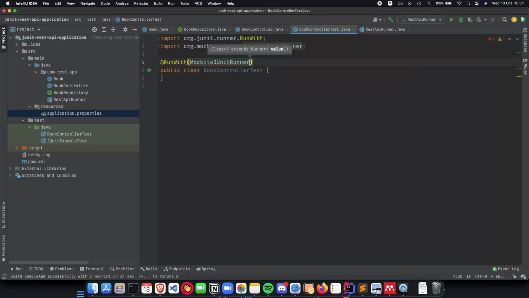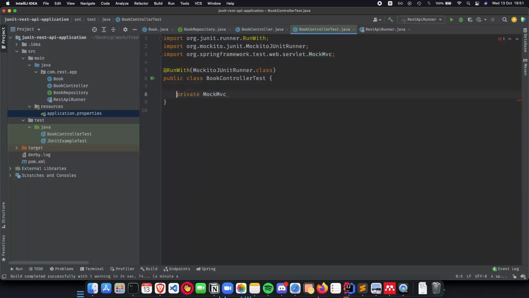So this will ensure that we are only using Mockito to run our class, nothing else, and make sure that it doesn't have the web server up because we just want to test the methods inside it, not the web server. The next thing which we need to do is have something called as mock MVC,